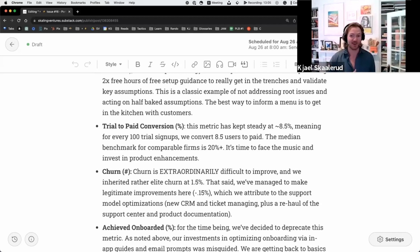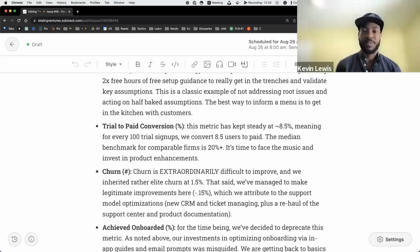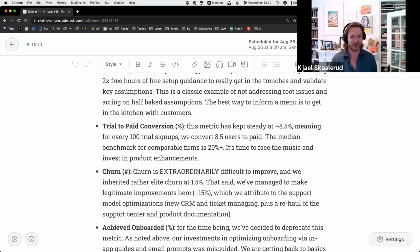Churn. So this was the curveball for me, dude, because we inherited 1.5% churn, which in our category is elite. Yes, and we're talking micro SaaS, and it's like, if you have 100 customers, you keep 98.5 month over month. And obviously that bucket will continue to deplete. So you need to be replenishing it with new users, and then you start to get to a net kind of user base trajectory. But we actually improved churn,